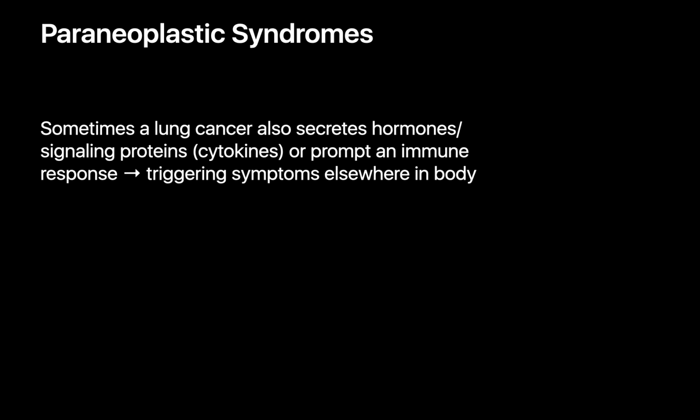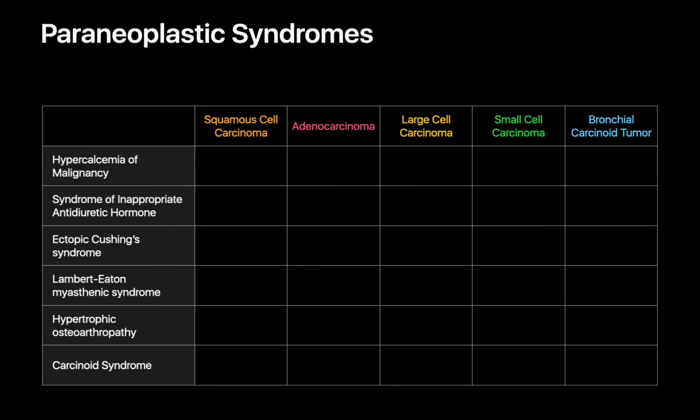Switching gears a little. Sometimes a primary lung cancer releases hormones or substances into the bloodstream that may trigger an abnormal immune response and manifest in non-lung related symptoms elsewhere in the body. We refer to this phenomenon as a paraneoplastic syndrome, and paraneoplastic syndromes can sometimes be the earliest sign to a primary care doc that a primary lung malignancy may be lurking and undiscovered. There are 6 lung cancer-related paraneoplastic syndromes I think it's good to be familiar with.